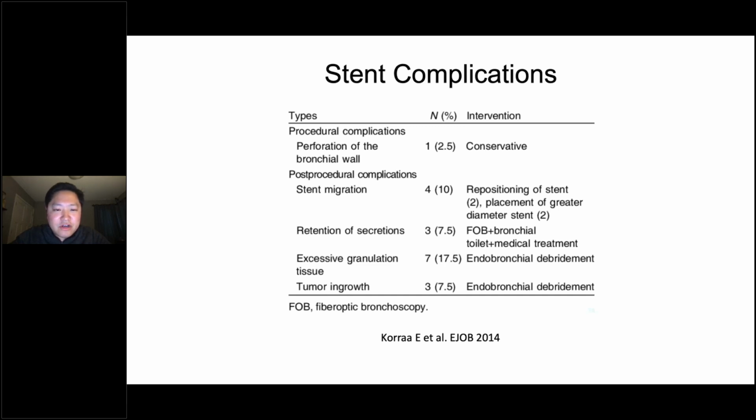But typically, in our experience, most of our stent migration comes when we place a stent in a malignant airway, and they're undergoing treatment, and then the stent becomes smaller than what you intended it to be, because the tumor has resolved and the airway caliber is bigger. You do expect it, and you tell patients that the stent may move because you're getting treatment, especially if they respond. So stent migration, for us, that's the typical scenario.